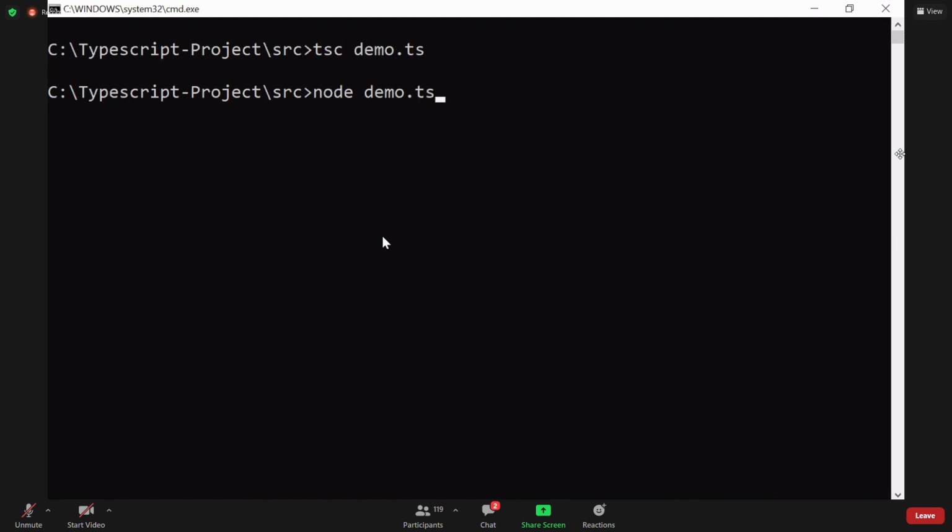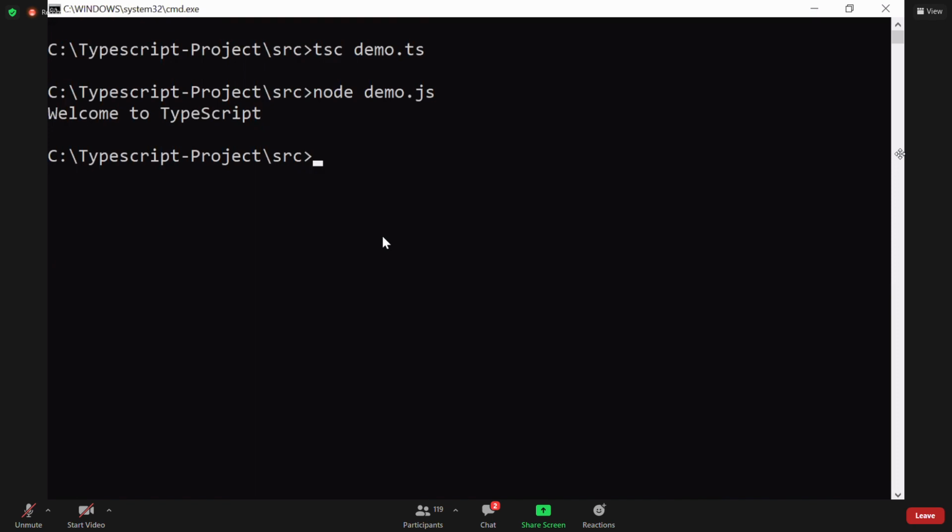Remember, TS cannot run directly. So TS needs to be translated, and the JavaScript file you have to run through Node. Once you run the JavaScript file, it will give the output here. This is how we practice TypeScript. Every day, linking in an HTML page and testing in HTML is a waste of time. Why? Because we are here for learning Angular. And for Angular, you need a language. Our main concentration should be Angular. In Angular, you are going to see HTML pages, integration and everything. So don't waste time here.